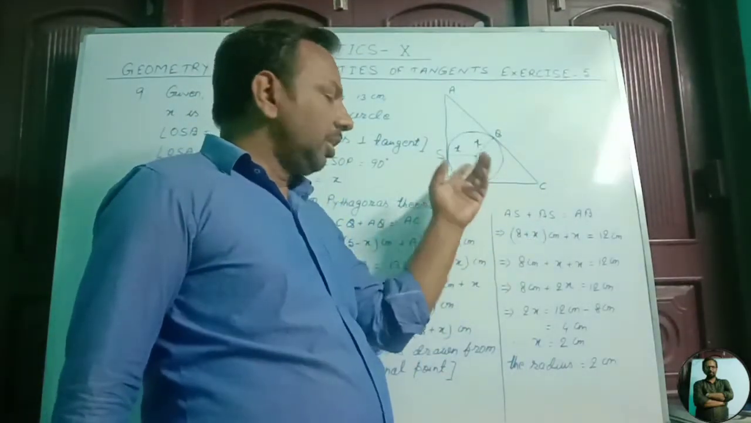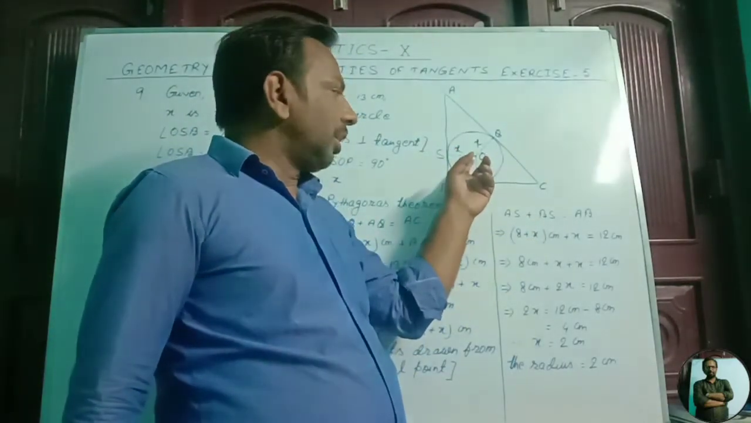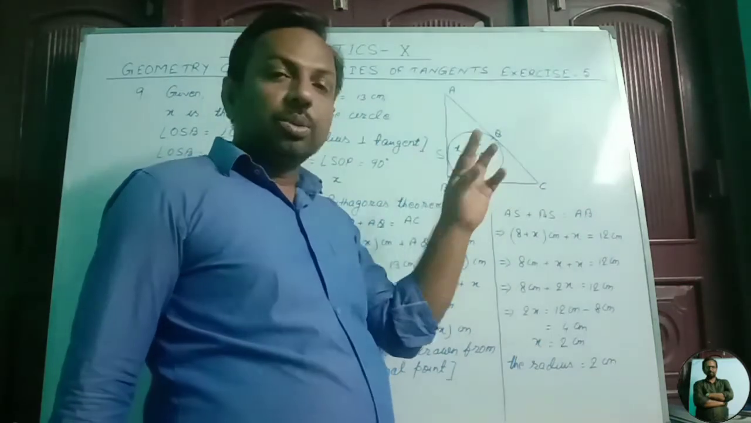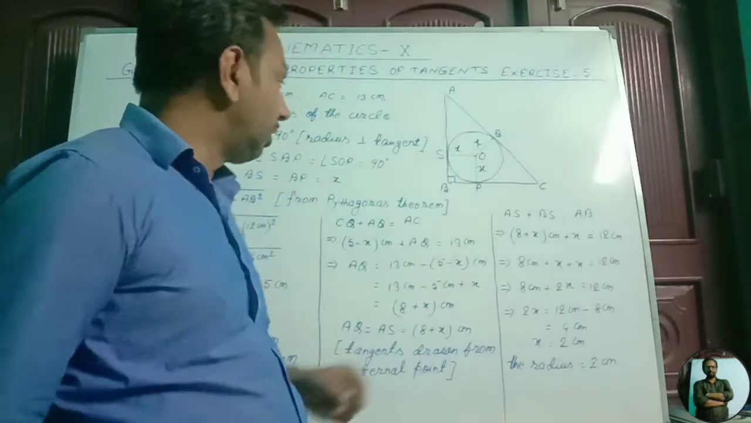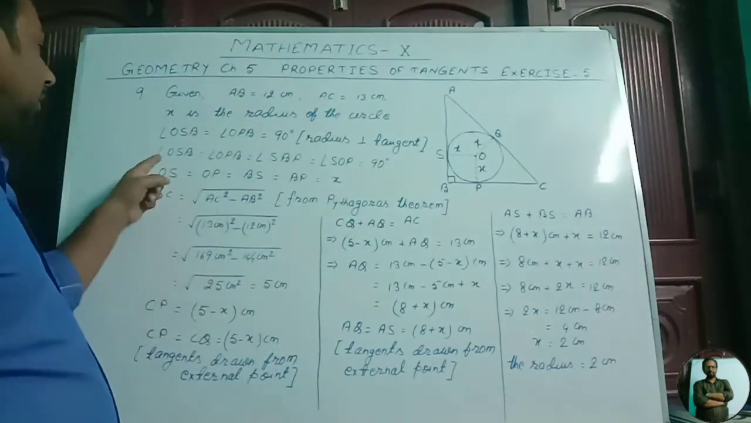All those are 90 degree. So third angle OSP equal to 360 minus 270 equal to 90 degree. So this angle is also 90 degree. So for that I have written here in this step,